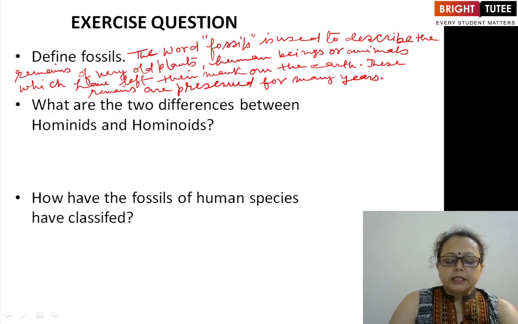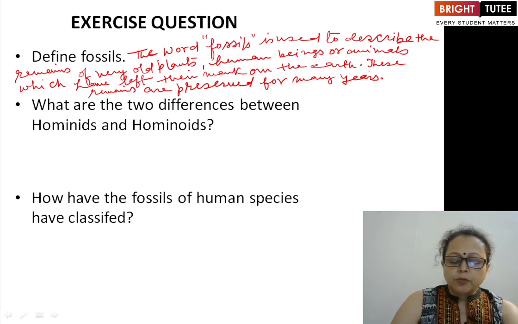The next question is about the two differences between the hominids and the hominoids. So very simply, we can explain that. The size of brain. The hominids